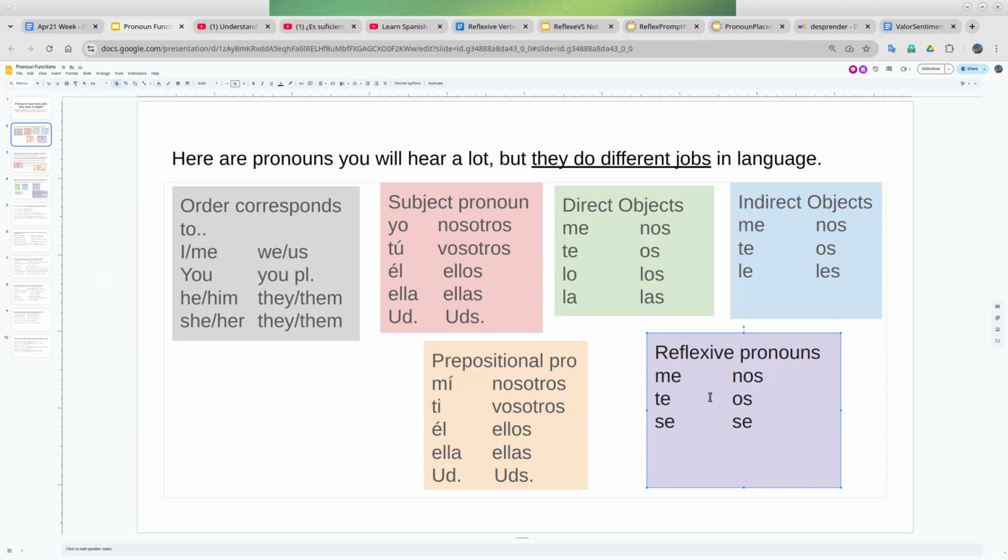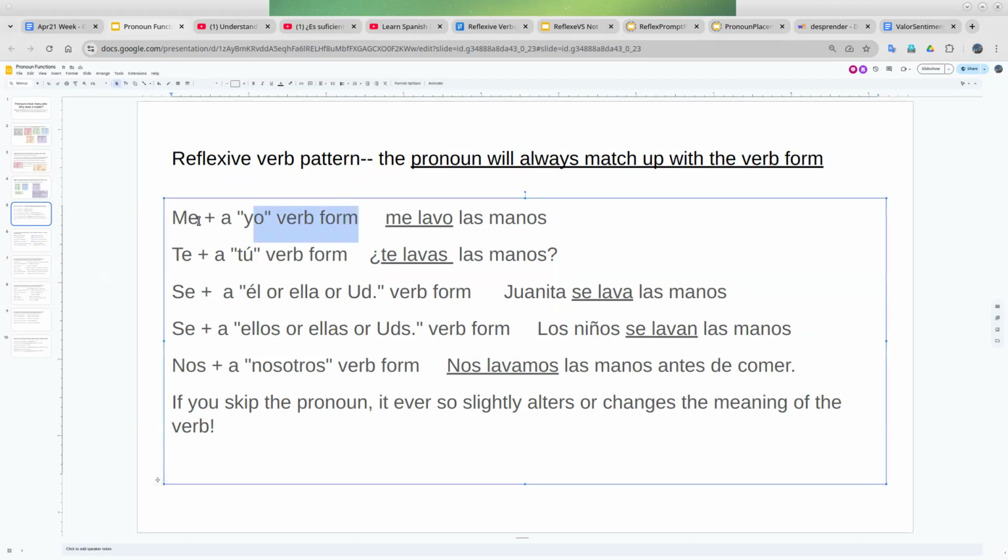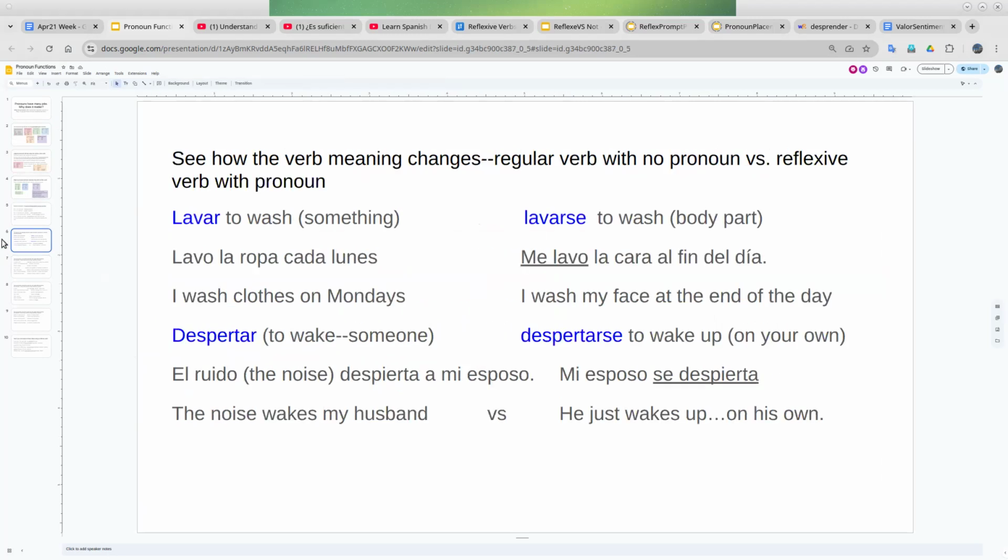So the ones we're going to be working with right now are going to be making nice, coordinating, matching up, because they're reflexives, and that's what reflexives do. Okay, a ver. And again, you have that slide from the same thing that shows you how they must match up. And that will always be the case if a verb is reflexive. So we're going to look at these today.